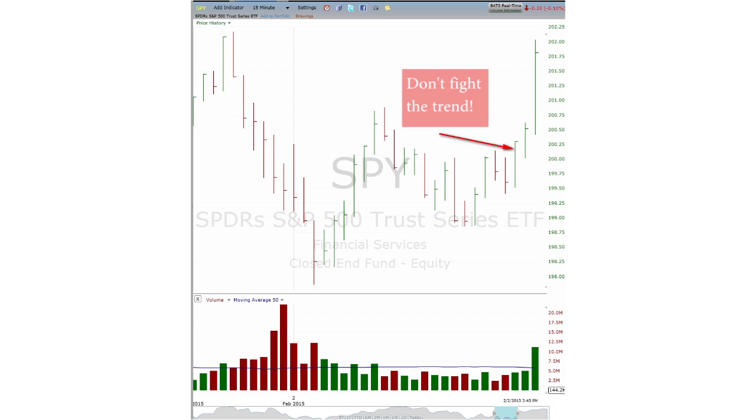And so there was that big 200 level that we were watching on Monday. We cleared it. We had a nice consolidation area into the close. We couldn't trade above 200. We got above it, and what happened? We just ran into the close, right? We went from 200 to 202. The takeaway from that example is to understand that 3 o'clock hour, there's lots of institutional buying that goes into